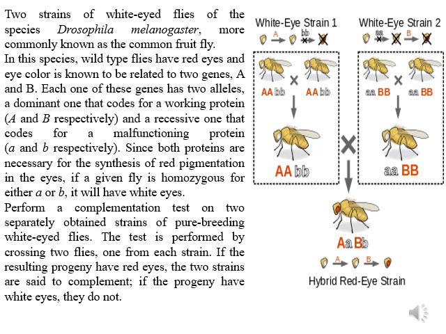You see it is a three-step reaction. The first reaction, when a particular substrate has to be converted into the second, is catalyzed by the gene product A. The second step, when it has to be converted into the third product, is the activity of gene product B. In strain 1, there is a mutation in B. Therefore, the end product is not formed. Although gene product A is present, since B is not present, the end product is not formed. So it is a mutant phenotype, a white-eyed strain.